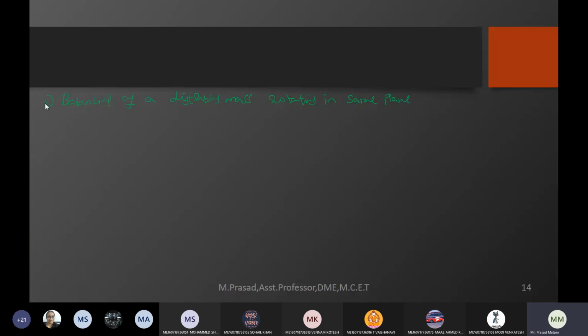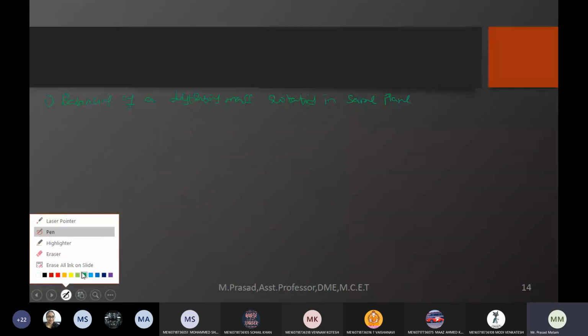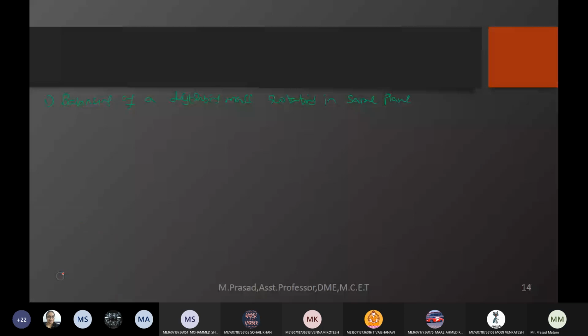Now, can anyone tell how to do this? Dear students, please answer how we can approach this. For this, let me draw with different colors. Let me use some red color. This red line gives my axis of rotation, or shaft axis, which is being rotated clockwise or anti-clockwise. I am assuming it is rotating like this, with angular velocity omega.